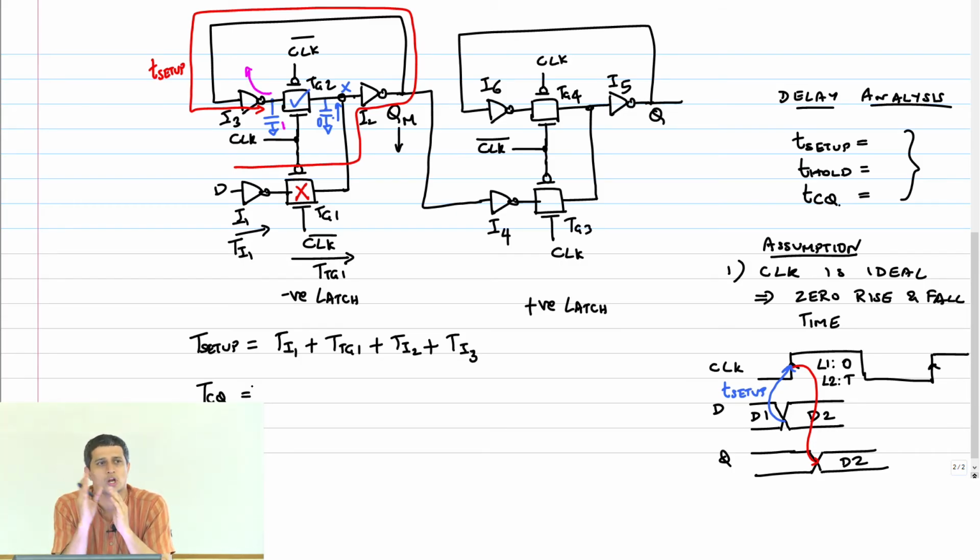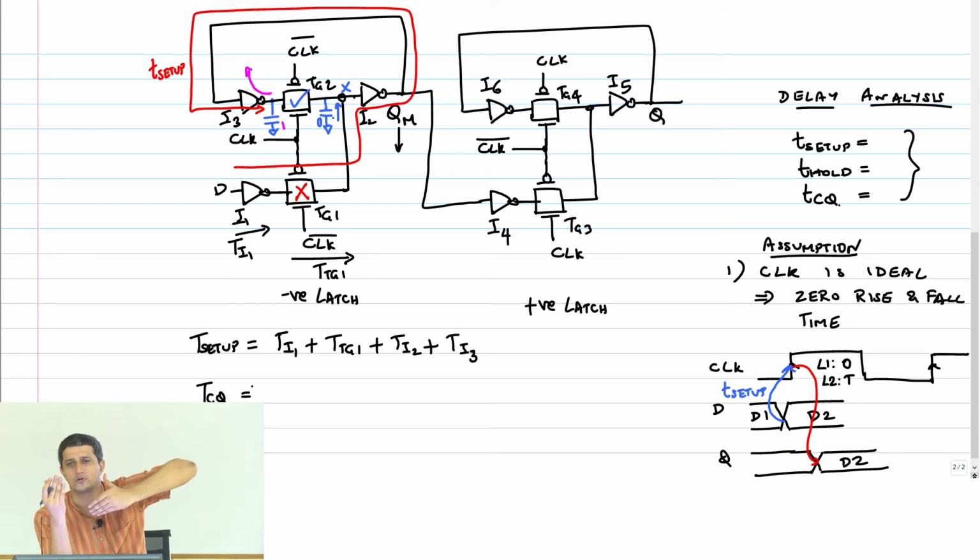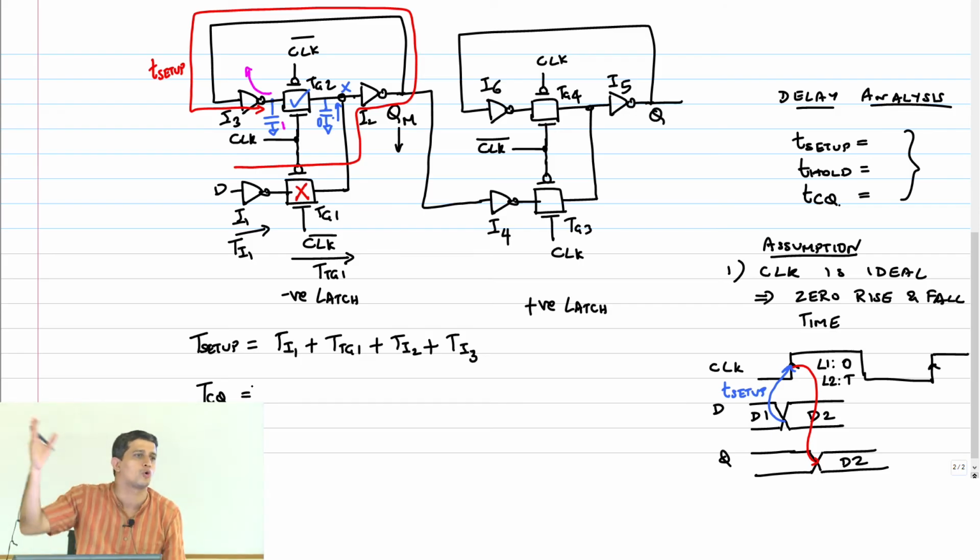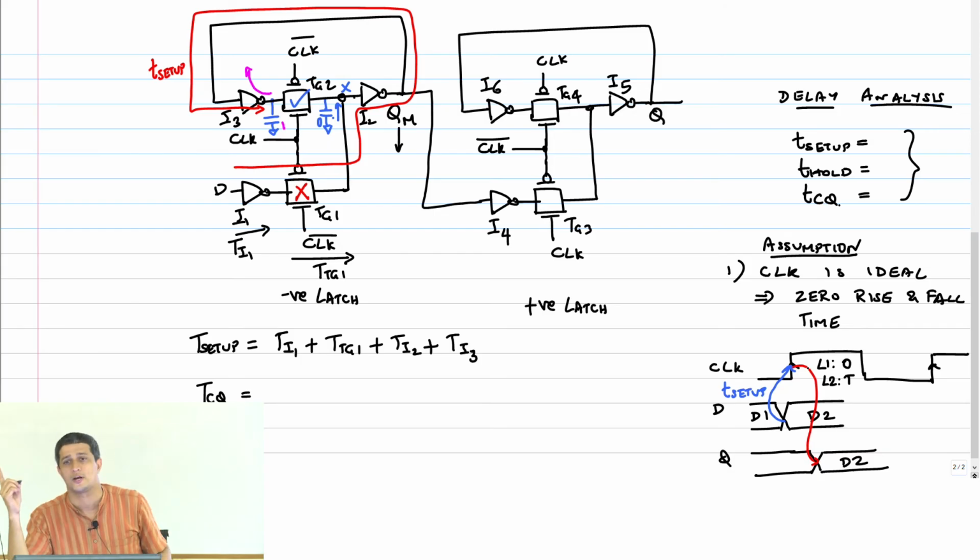Right? So remember, by imposing a setup time constraint, we have ensured that even the intermediate node has settled to the right value. So all we have to see is how long it takes for data to propagate from that intermediate node to the output correctly after the clock goes high. Remember, now the clock has gone high, which means L1 is opaque,